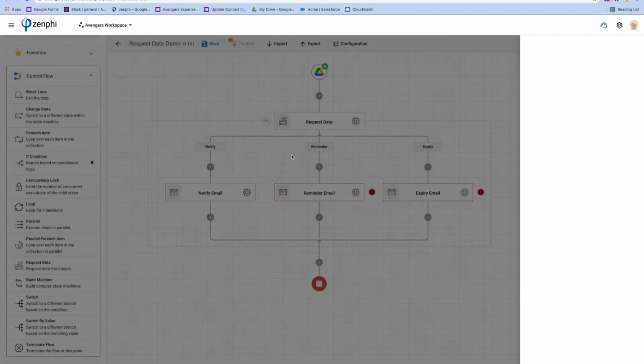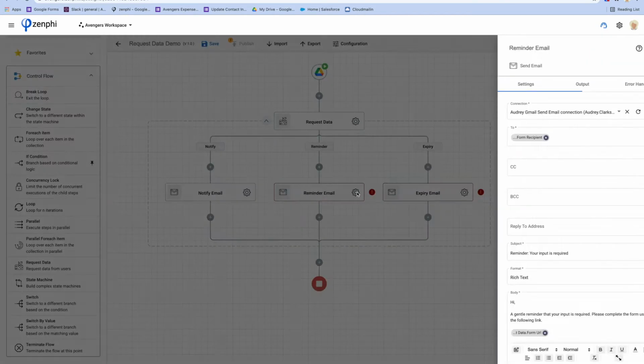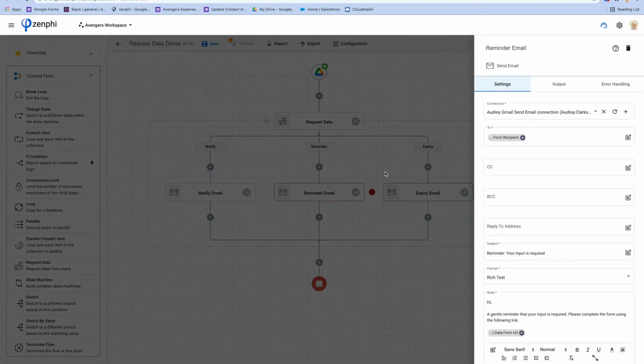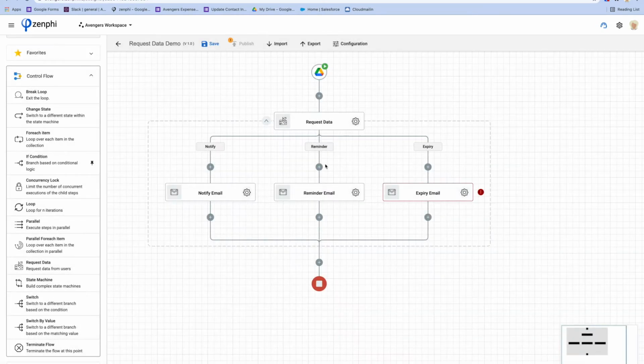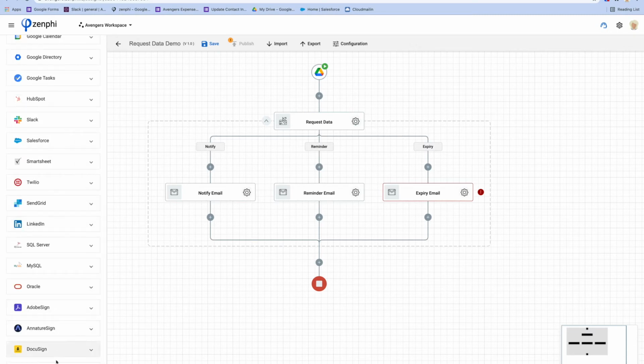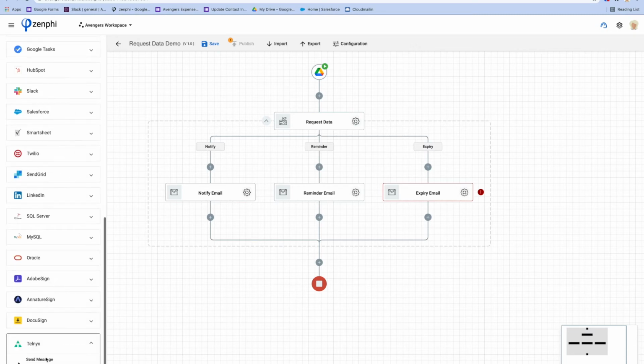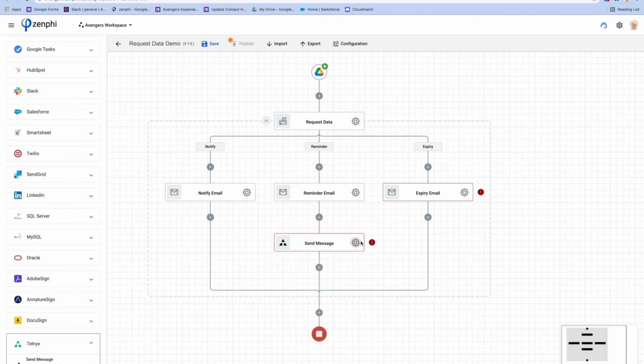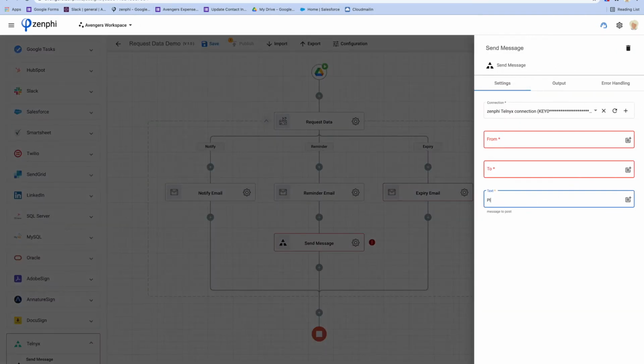That's pretty much it. And the same thing I can do for the reminder. By default, every time the reminder kicks in, it sends an email. We can change this to a different way. Instead of sending an email, you can say, go and send a text message saying, please use the following link to approve or reject. And then we can change it to reminder